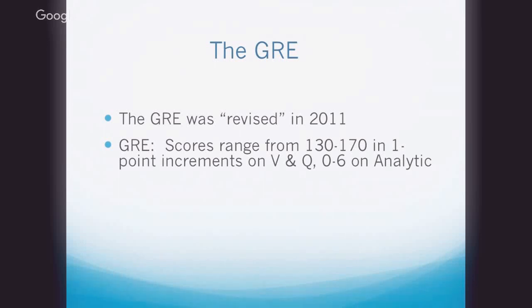And while that looks a lot different than 200 to 800, it's really pretty similar, because if you dropped the zeros at the end of 200 to 800, it would be 20 to 80. If you put ones in front of that, it would be 120 to 180. So this is 120 to 180, but just reduced a little bit. Lowest score is not 120, it's 130. The highest score is not 180, it's 170. So they just